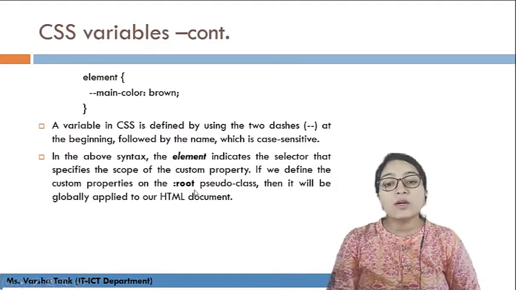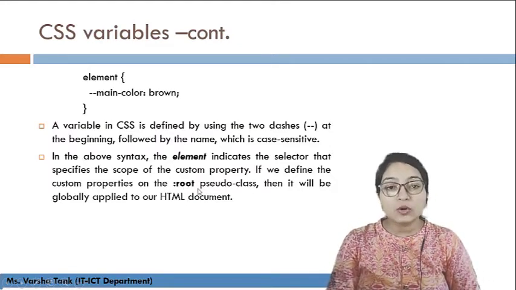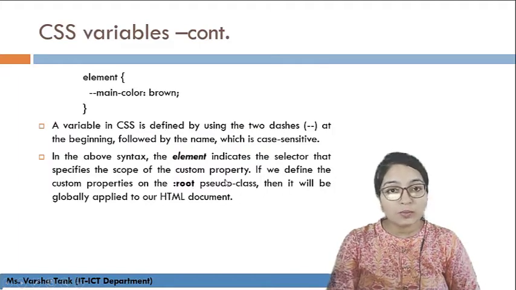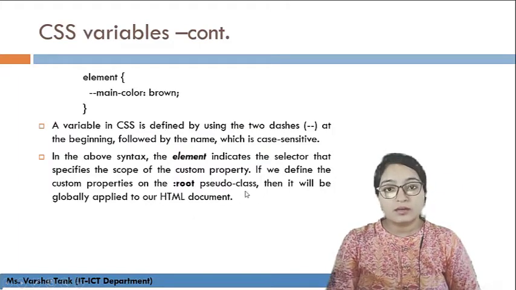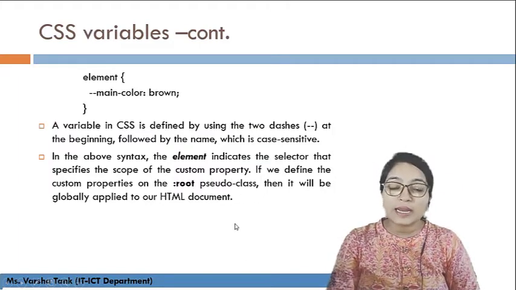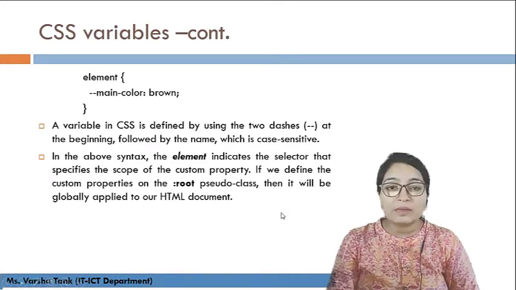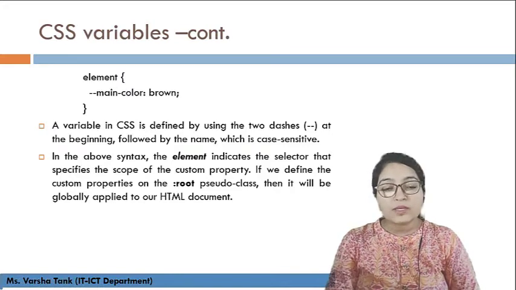So if you assign this variable to this pseudo class, that is the root, which is a global class, you can use that particular variable in the entire HTML document. But if you have specified something specific, for example div, then that variable you can use only in the div.